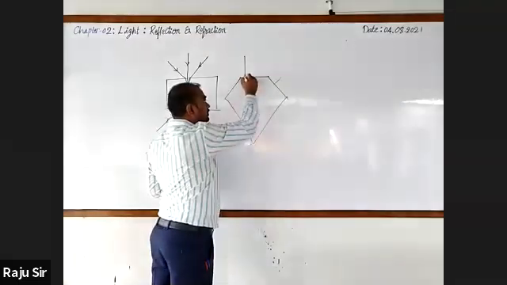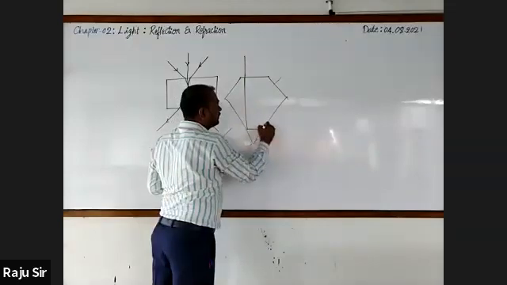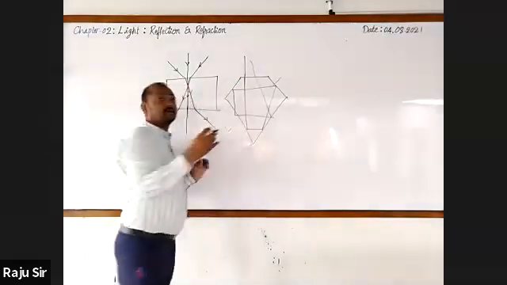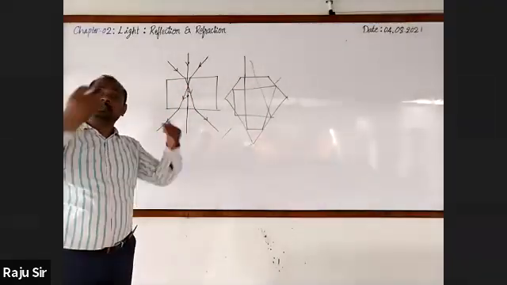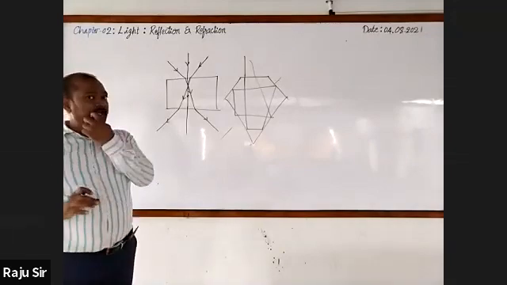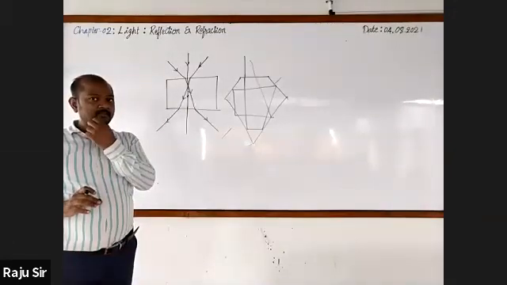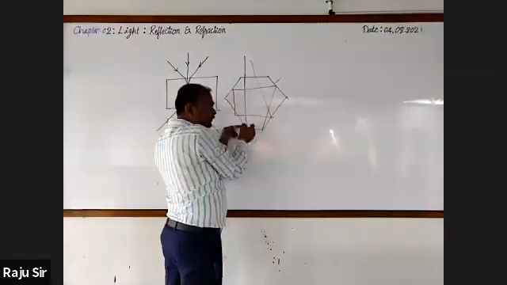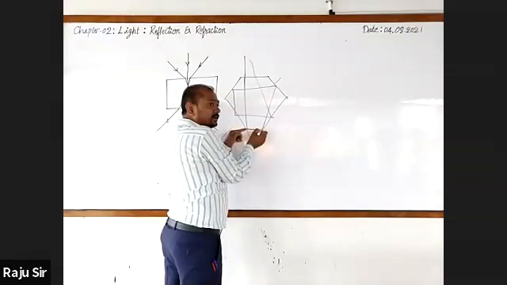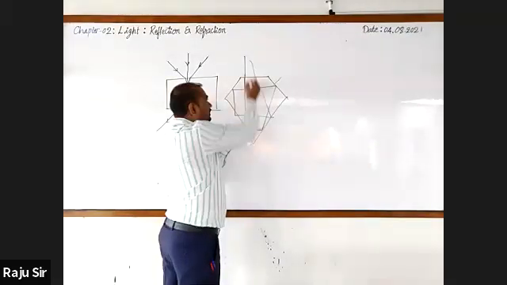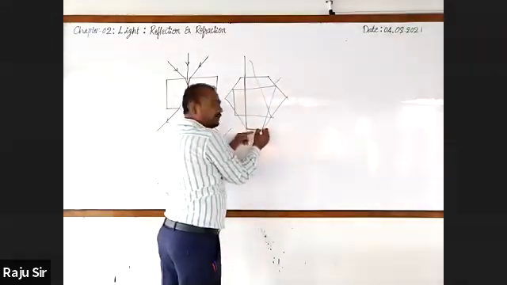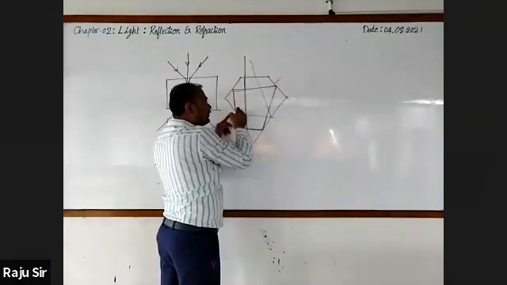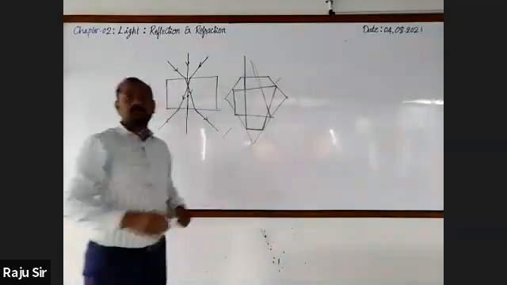Refraction happens, then here like this. It doesn't come out all at once. It undergoes refraction many times inside the diamond only. But refraction means it should pass, no? But here, what is happening? Once it gets refracted, then after that it gets reflected. It is refracted here, then reflected here, then here it gets reflected, then here reflected, then it comes out.